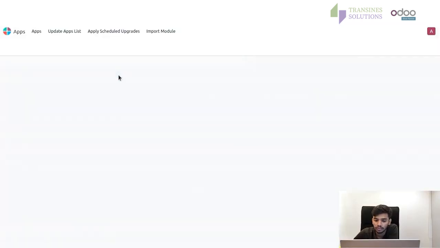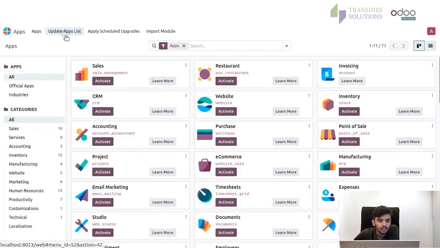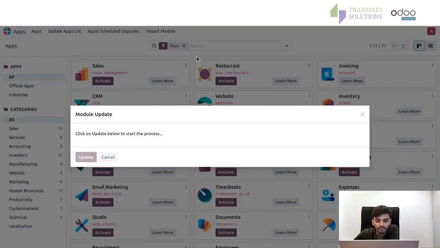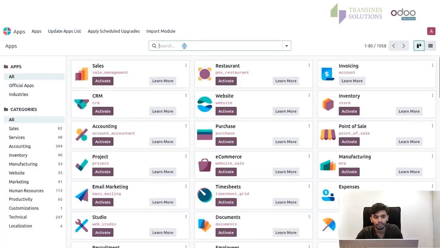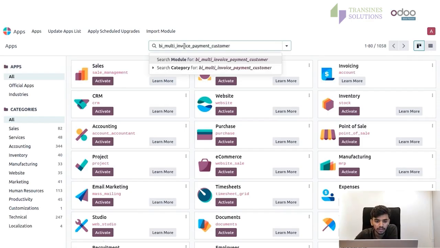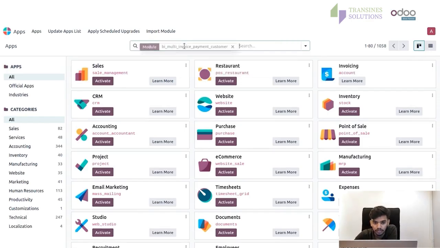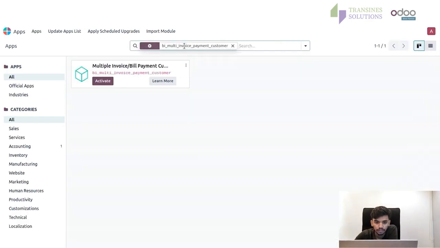First we are going to the apps, then update the app list and type the app name. In here, BI multi invoice payment customer and just enter, and you'll see the module. When you try to install,